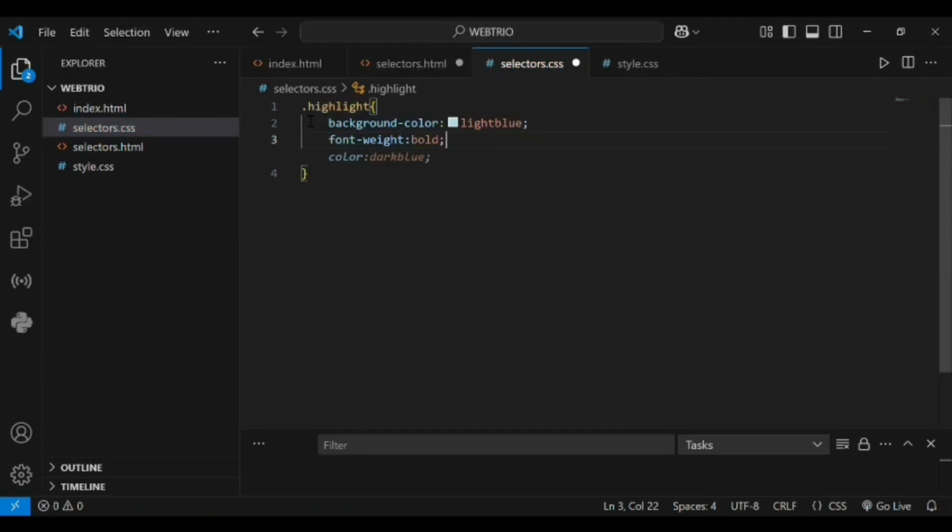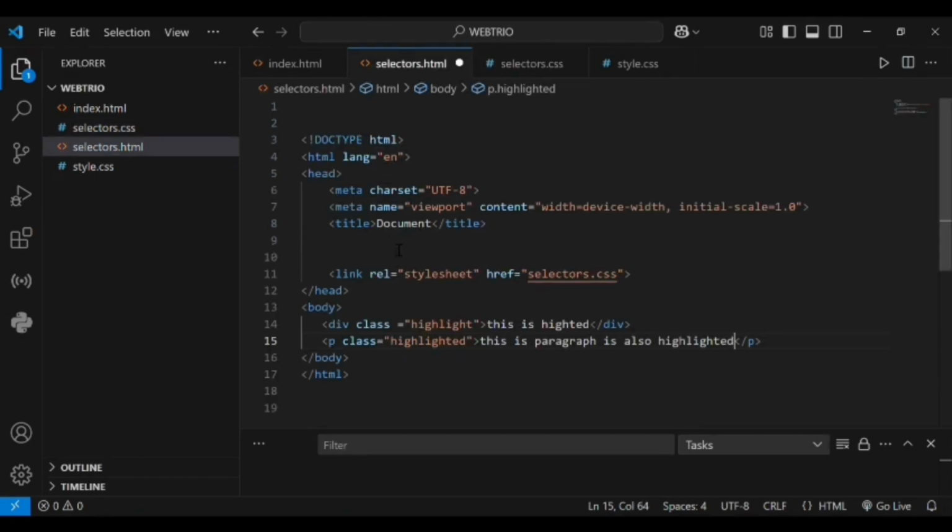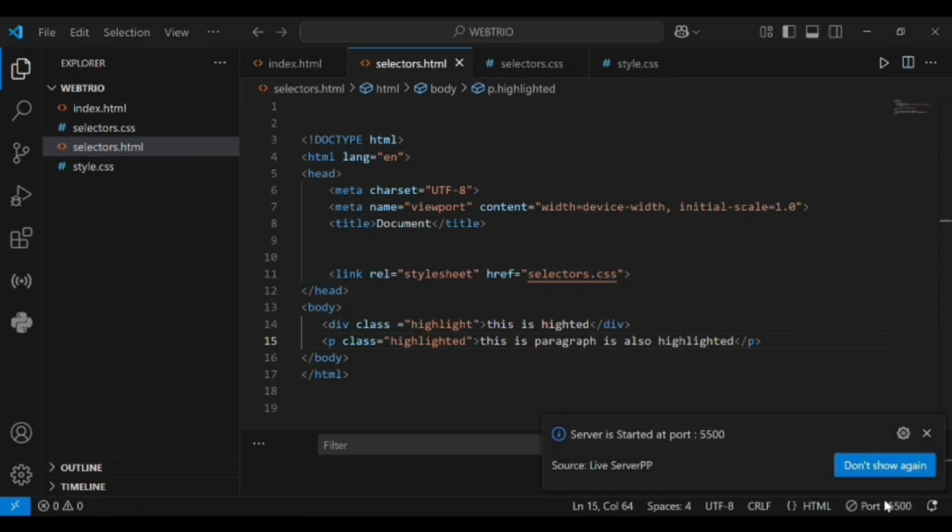Then save this and see the output in the website itself. Then screenshot of this. After completed,